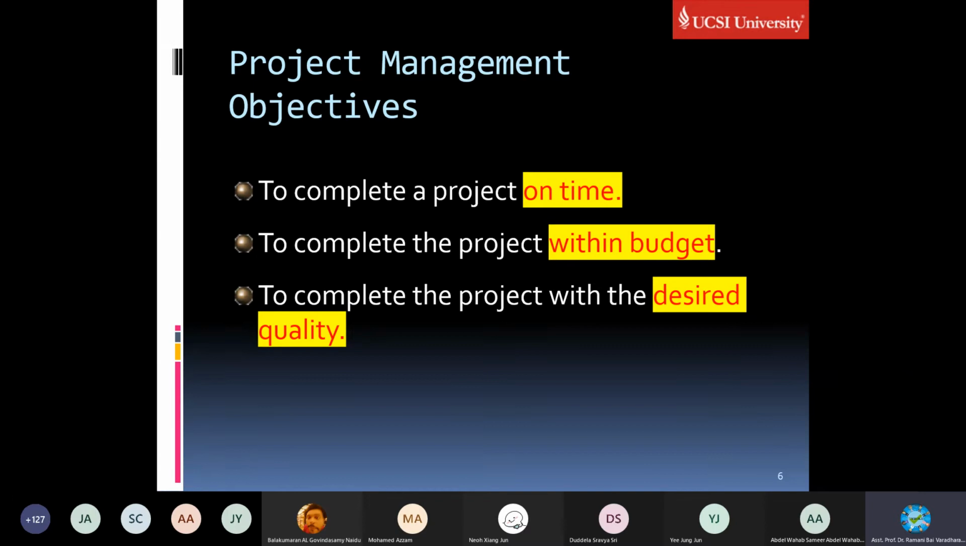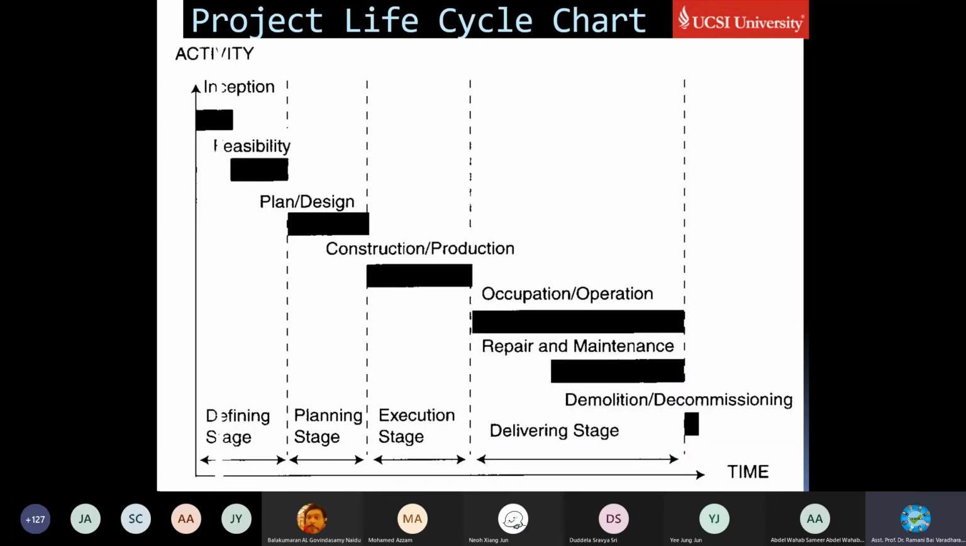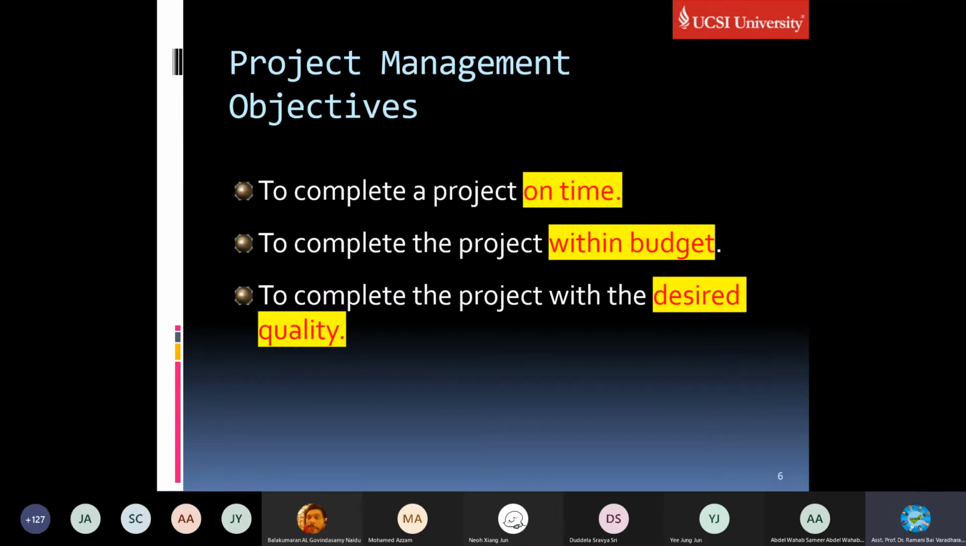Overall, it has to have these three objectives. All these stages, activities, and characteristics are built around these three objectives in mind. It must complete on time. Why do you need project management skills? This is the thing: why you have to have a separate subject or module or chapter or topic